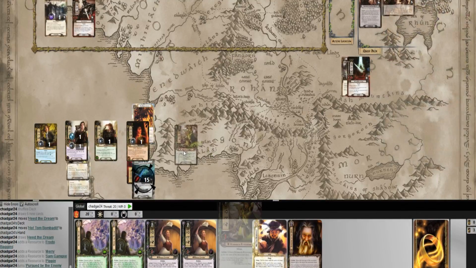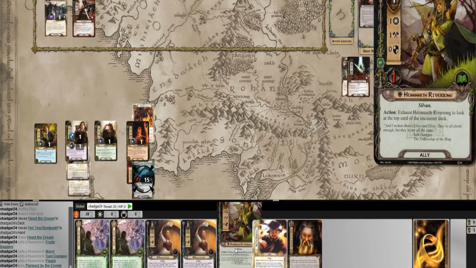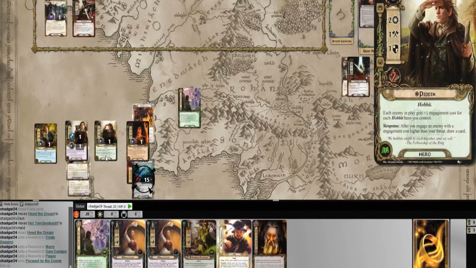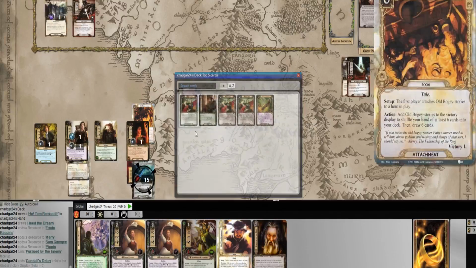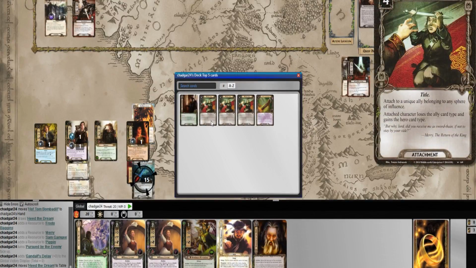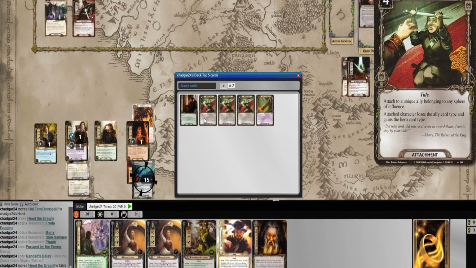Let's get... there's that treachery that kills 1 hit point, 1 willpower allies. I don't want to play him yet. Let's do a Heed the Dream. 3 copies of Sword Thane. Wow. This is one of the cards I'm looking for. Ugh. My hope was to do Heed the Dream and find something that would let me draw 5 or 6 cards. Oh,